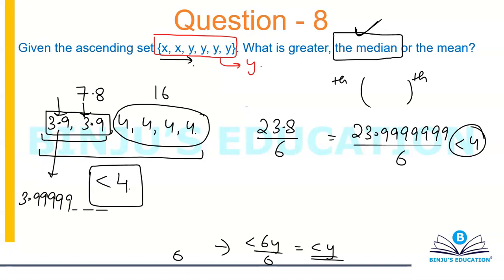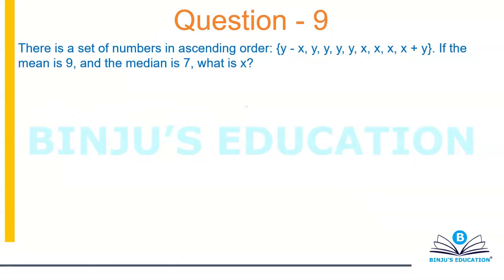You can also take one real life example. Let's suppose you appear for 5 unit tests, and for 4 of them you score 20, but for the 5th one you scored only 19. In that case your average will be less than 20. This will be 99 by 5, which is less than 20. Okay, this is what you need to understand. It's all about concept and understanding the problem, that's it. Anyways, pause the video and try this question number 9, please.